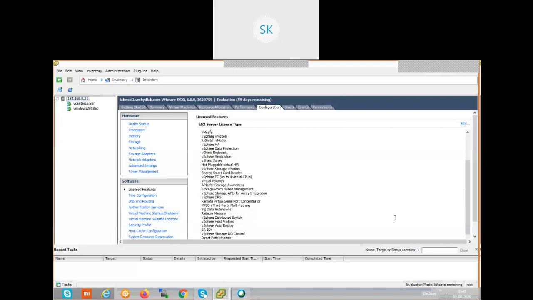Without these two servers, I am not in a position to load the centralized management console. This is a prerequisite. In addition to the license cost of vCenter server, I need to purchase two licenses: a Windows server license and an additional DB license. So these two things are required.